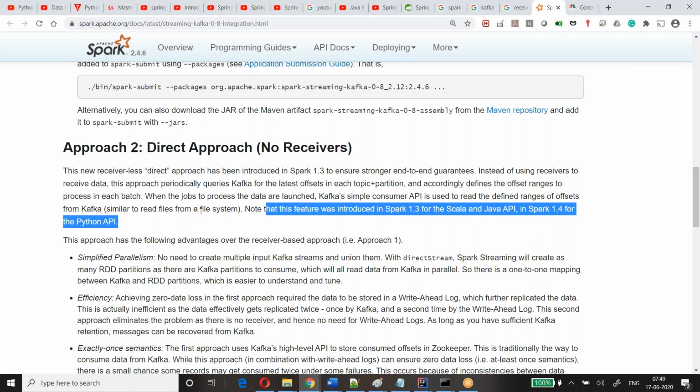This is what is all explained. Here, there is no reading the data and storing it. So direct: read the data, process it, and whatever offsets you have processed, commit those offsets. That is how it will read and process the data. Okay, so